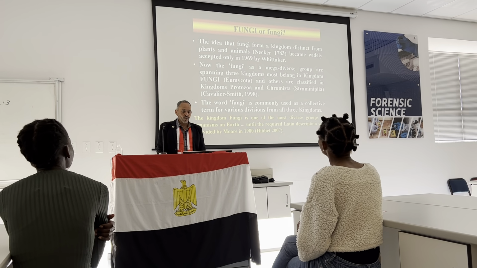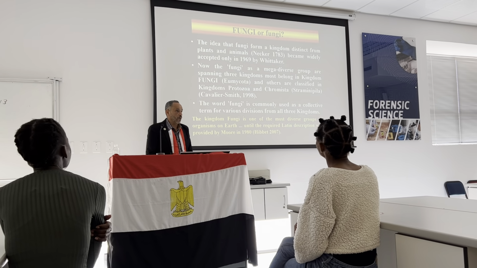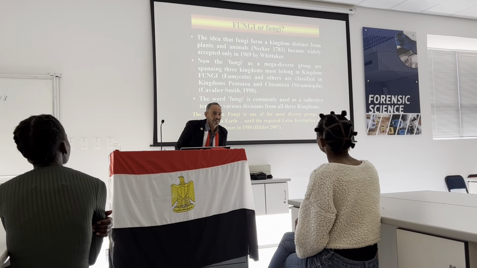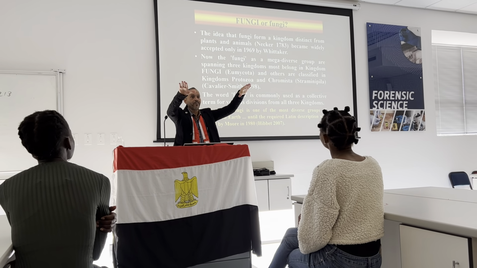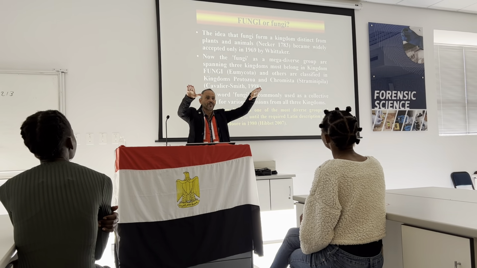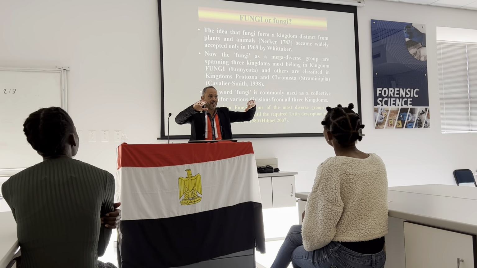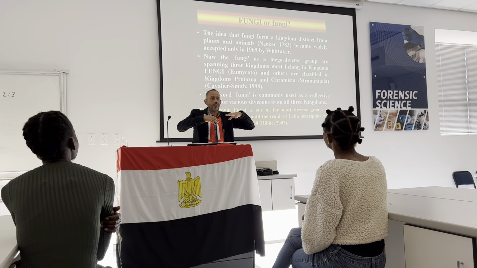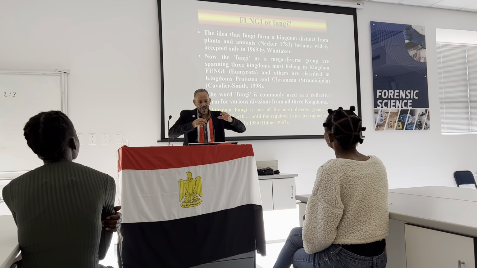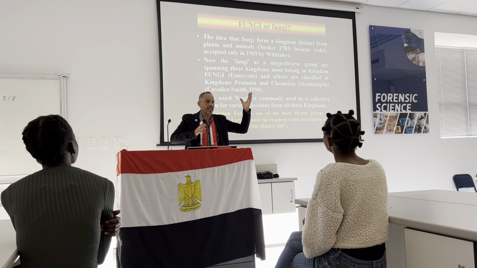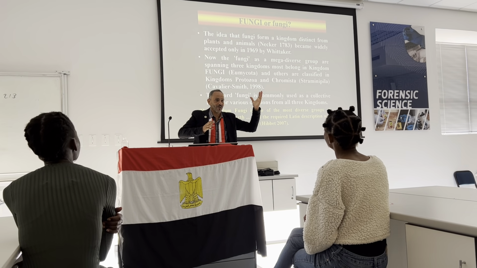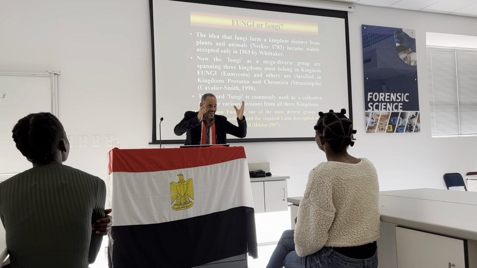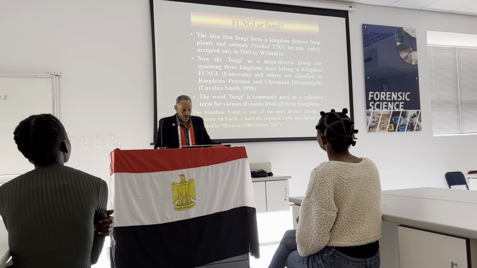So kingdom Fungi is one of the most diverse groups of organisms on earth. It comes in second position after insects. So insects are at the top of the biodiversity of living organisms, and after that, fungi come directly. So we are talking about the most diverse organisms. David Minter in the UK doesn't like to say fungi are microorganisms. He said if they were microorganisms, you could conserve them. So we talk about that all the time.